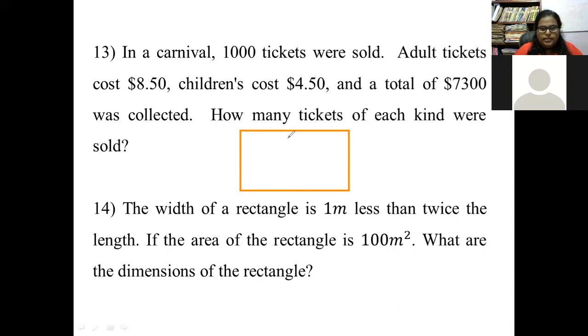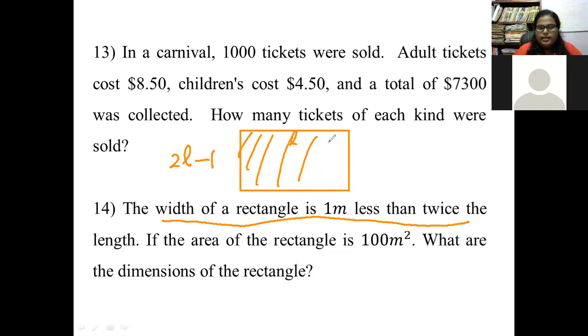So when we take the length as some variable, I'm taking this one as L, since it is a length. So twice the length is 2L, and it should be 1 meter less. So if the length of this rectangle is L, the width of this rectangle should be 2L minus 1. Right, so if the area of the rectangle is 100,